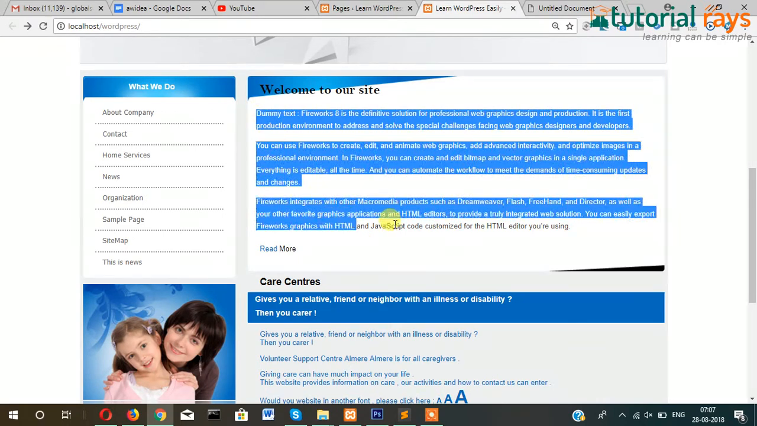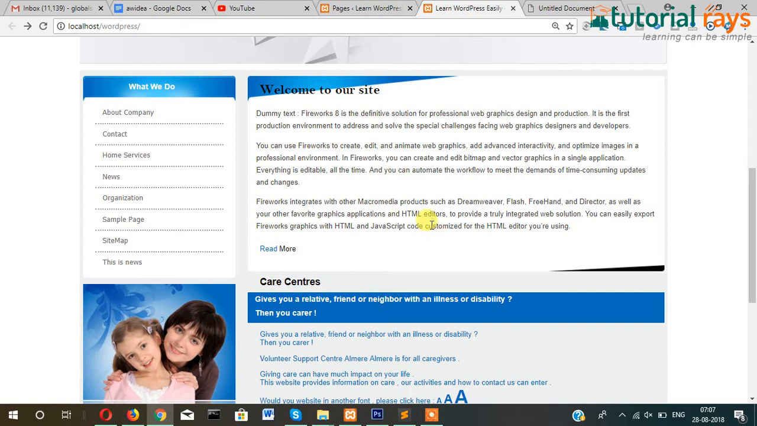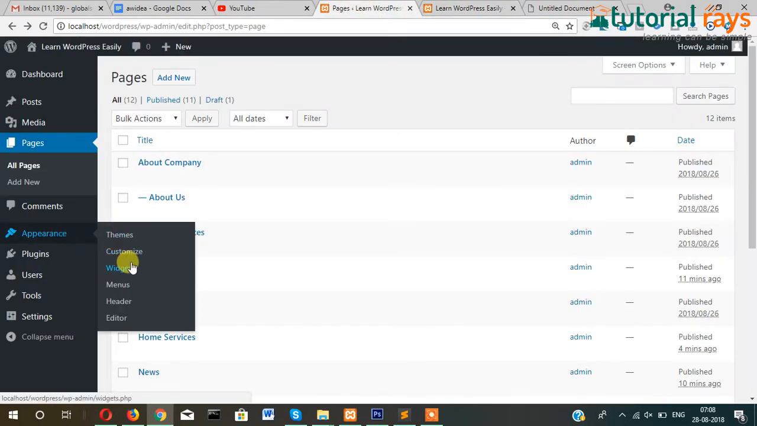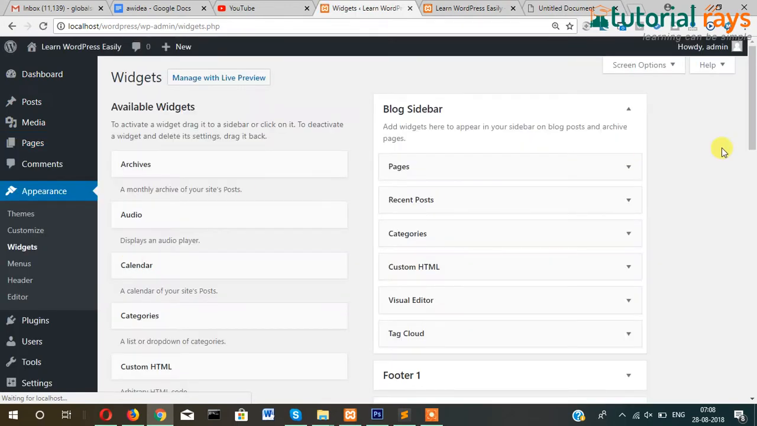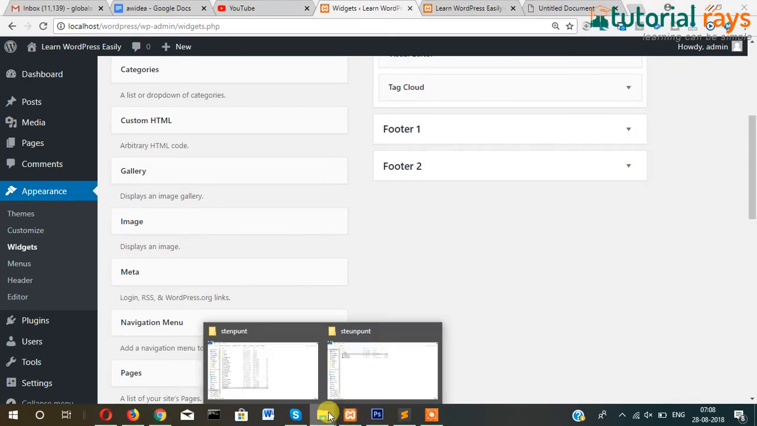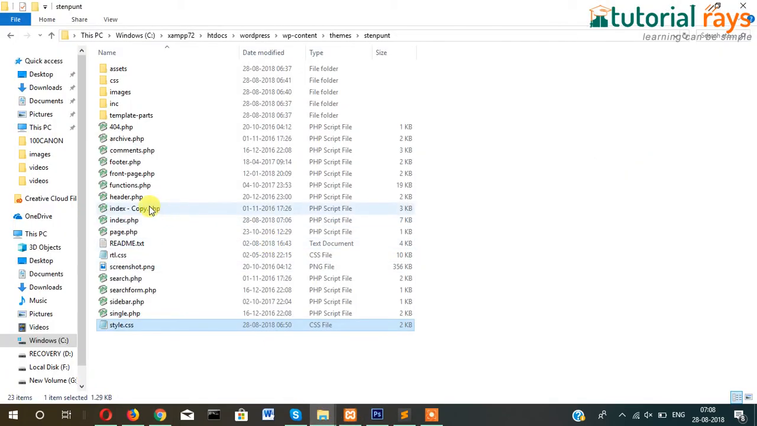In this video tutorial I'm going to show you how I can make this part editable from the admin side. So just go to Appearance and then Widgets. I'll create a widget called homepage. So just go to functions.php